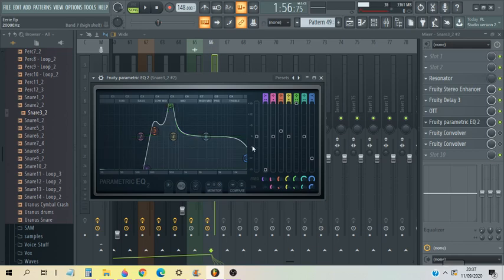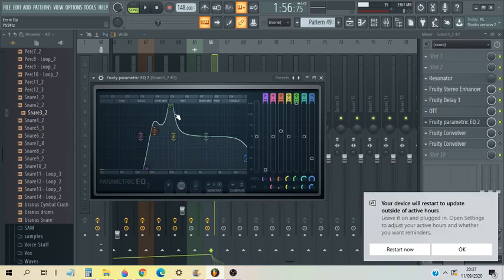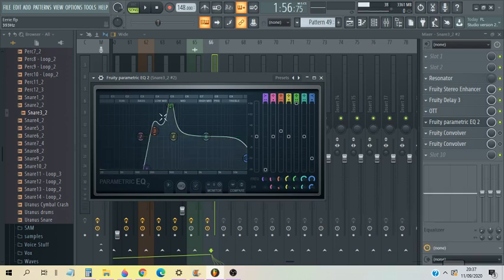For those kinds of frequencies, and as well as that, if I do reduce it like this, I have to do a lot of volume boosting to get it back to normal, and that would probably involve compression. And if I use compressors like OTT or Maximus to make the volume go back up, there's a good chance it'll undo the effect that I've just created by massively boosting this frequency range. It will kind of unpitch it because it will add extra frequencies in different places and mess it all up.